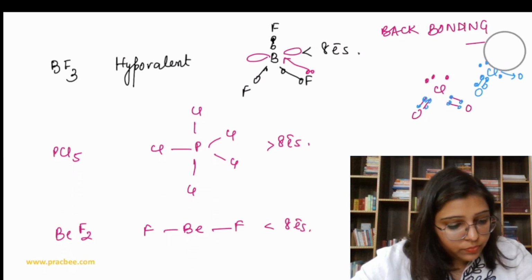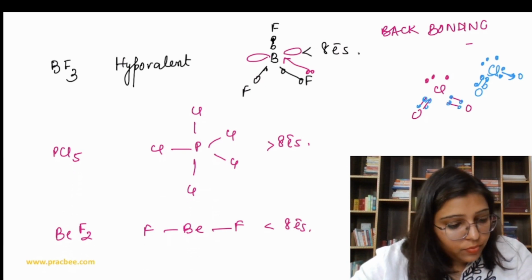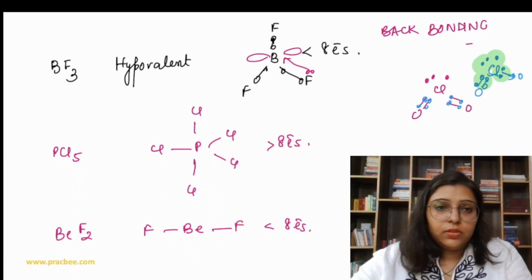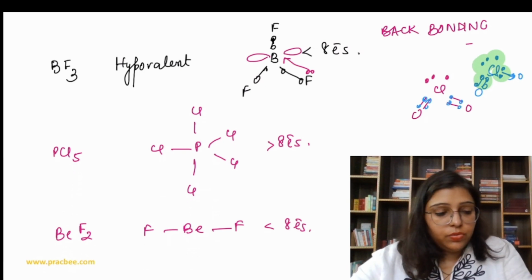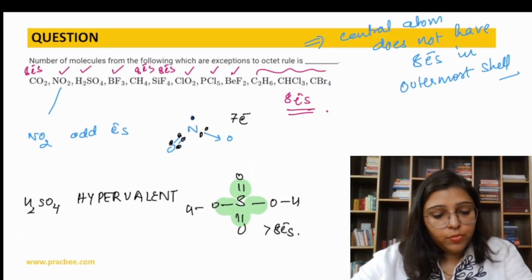Okay. Cl, this coordinate bond, so 1, 2, 3, 4, 5, 6, 7. So here we have total 4, 5, 6, 7, 8, 9. So yes, right? So basically what we can write, total number of molecules which are exceptions to octet rule is equal to